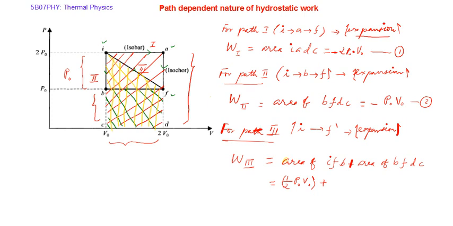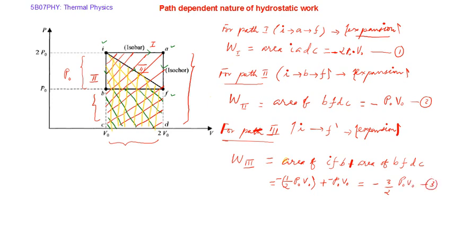And the other one is nothing but P0 V0, that is a magnitude. Or you can put negative signs, one negative sign here and one here, to follow the convention. So that will be minus 3 by 2, not 1.5, I can say minus 3 by 2 P0 V0. Okay, that is the third.